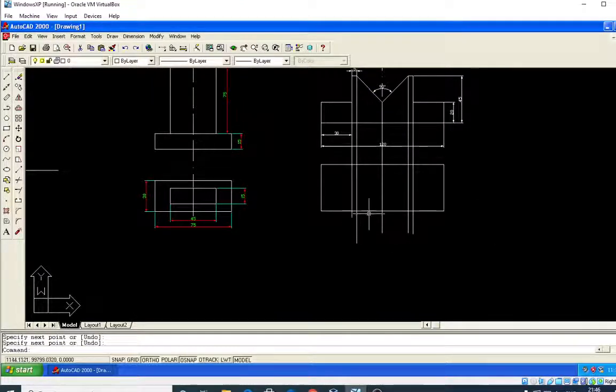Very simple to draw top view. Take a trim command, trim it everywhere you can trim it. So that, erase it, sorry, one minute.